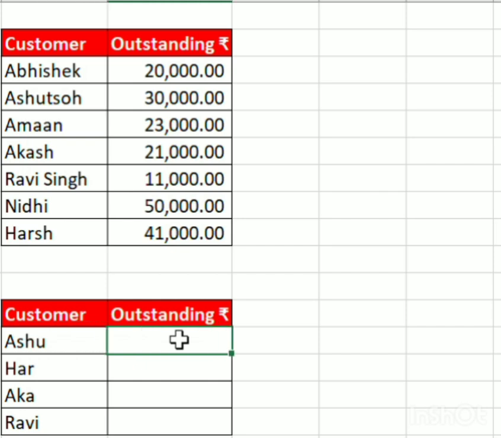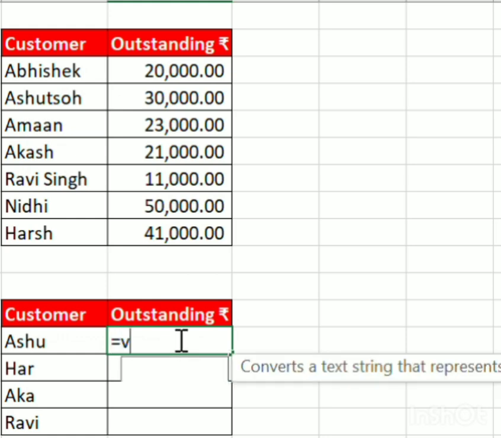You cannot use VLOOKUP, because VLOOKUP only provides results if it matches exactly, correct? And then what options do you have? Either you can do it manually, or second, you can use VLOOKUP with approximate match, but that will not give you accurate results. Option 3, you can use VLOOKUP plus the LEFT function plus the asterisk, that will give you accurate results. Let me show you how.